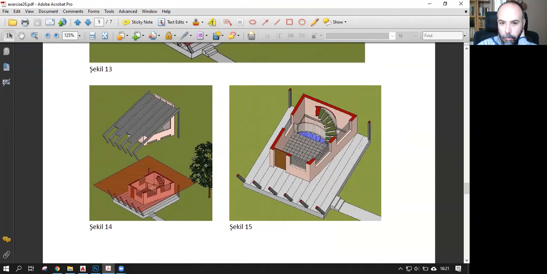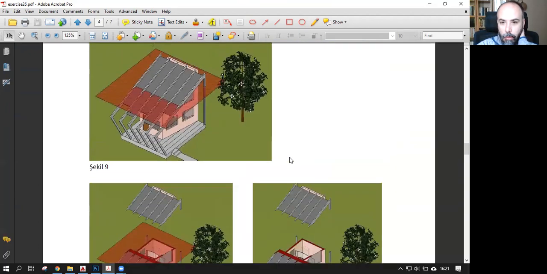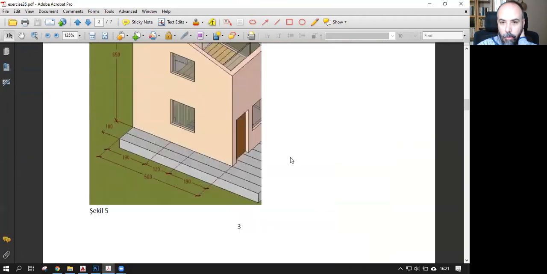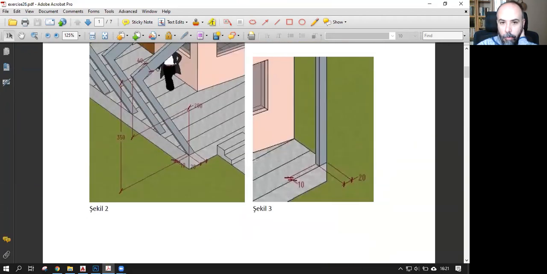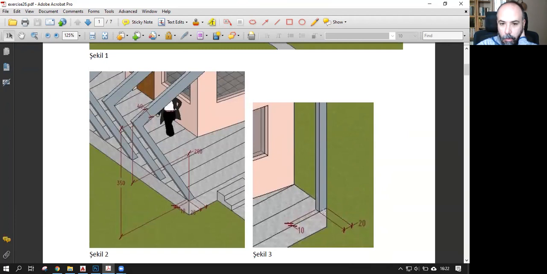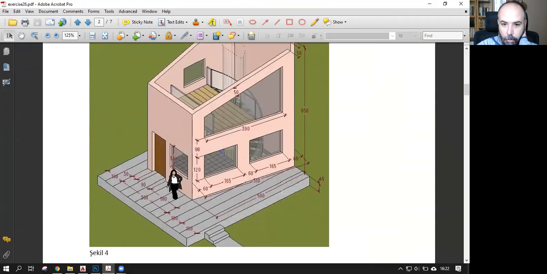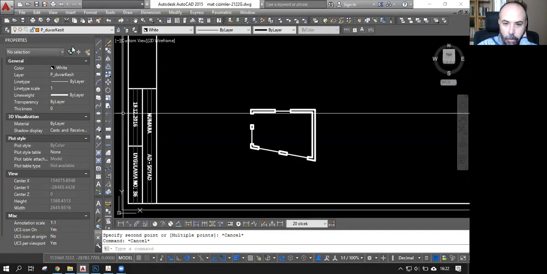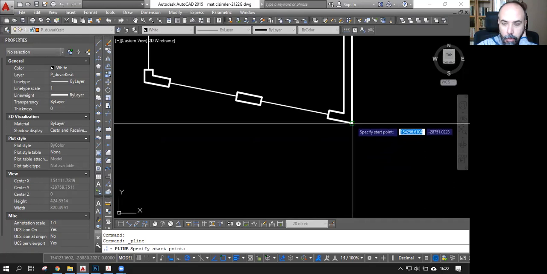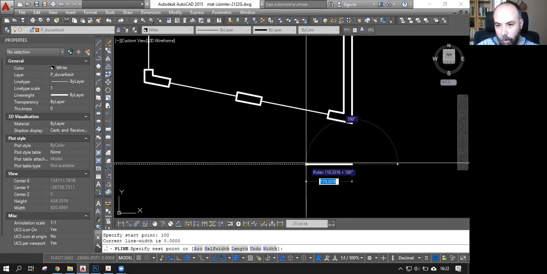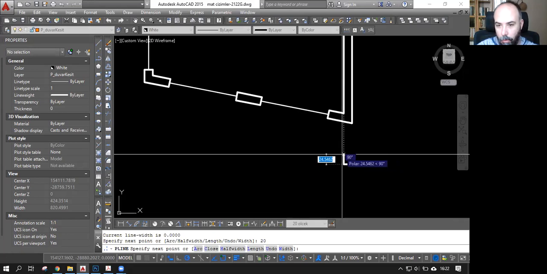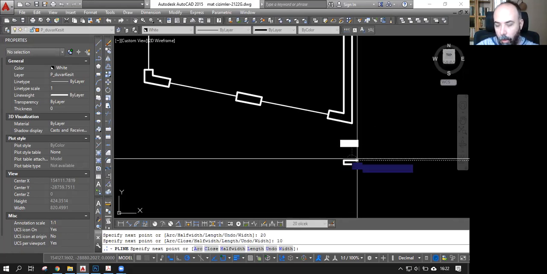I need to find their positions for that. There are some images that I can use here. Yeah, this one, for example. At this corner, I will need a 20 centimeter and a 10 centimeter. And that corner is, where is that corner? Starting from this corner, I need to go 100 centimeters towards the east to find the exact position. So I'm doing that. I'm going 100 centimeter, that's 20 centimeter and 10 centimeter for the section of that column-like